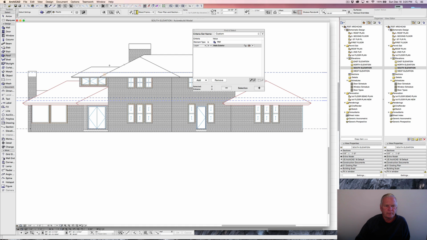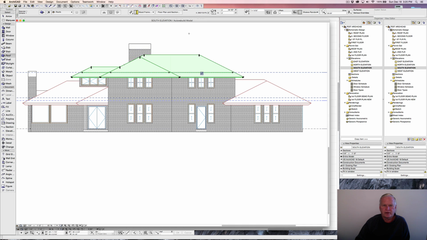And one other item that we're going to do that is going to be contrary to the settings that we had done earlier is this upper roof area. We'll close out of that, find and select this upper roof area. You can see the profile of the fascia there is very thin compared to the first floor, and this is where we did our 2x12s and 1/2 inch plywood, and this is where we did the thinner. I want that to look the same, and we're still going to do it with trusses when we get into working drawings, but for now, in order to make it look the same,